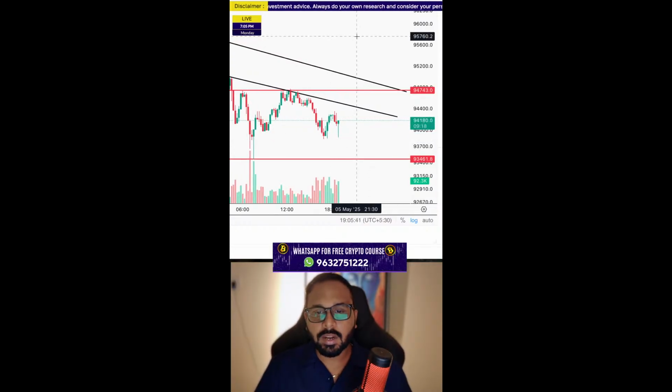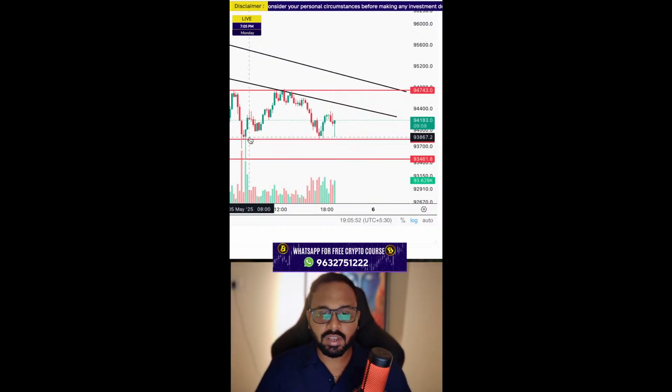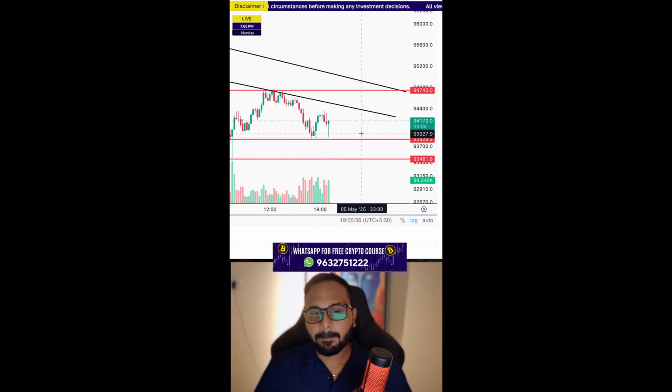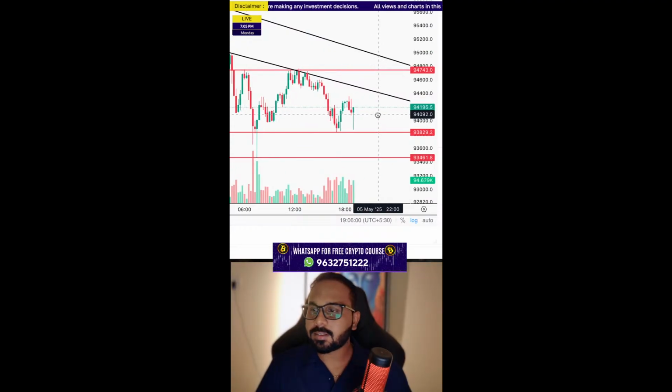If that setup fails, if there is any issue with that setup, then I will change to a bearish setup, is what I'm thinking. This area is acting as support 1, this entire range, support 1, support 2, support 3. We'll see how well the market sustains the supporting area. If it sustains well, then